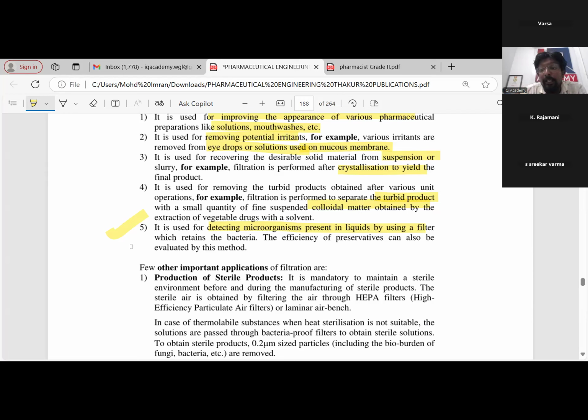Bacterial proof filters will be there. Generally, we will take our product and filter it through a bacterial proof filter. We'll take this filter paper, and what we will do is inoculate that filter paper. If that filter paper brings the growth of cultures, bacteria, then it means the liquid which